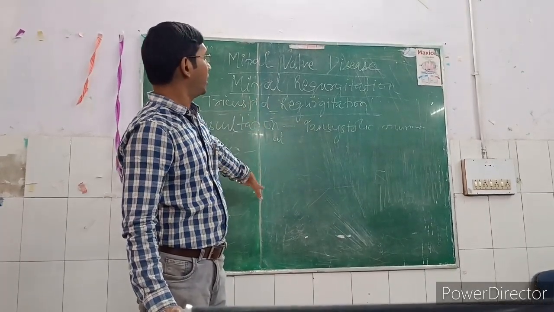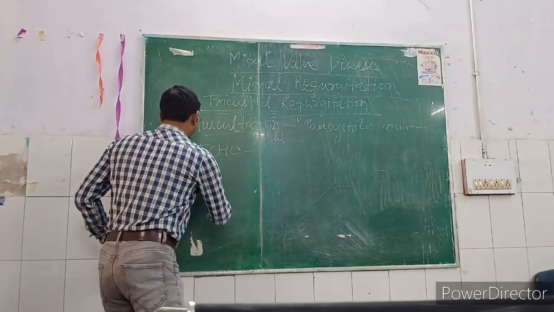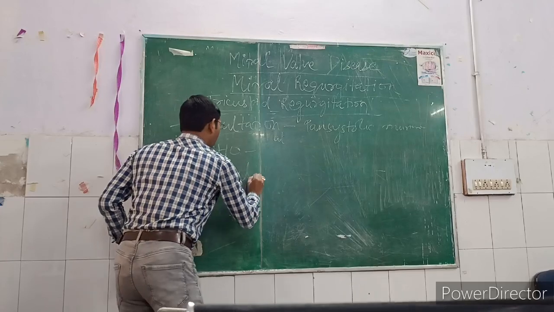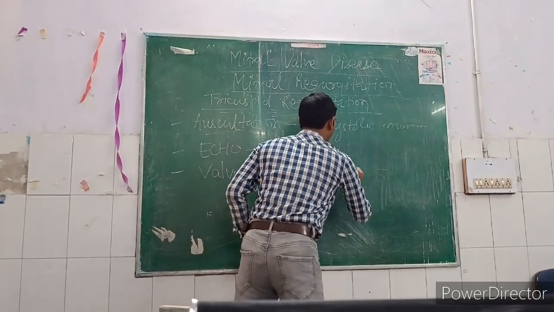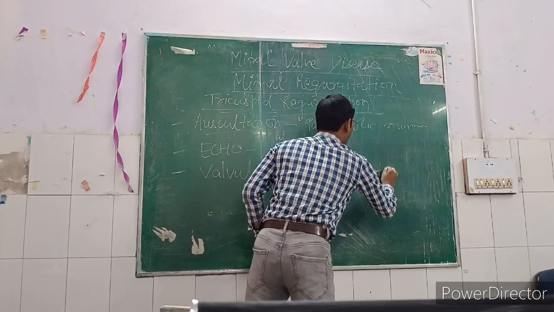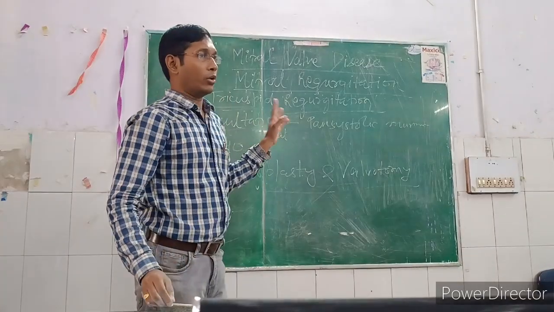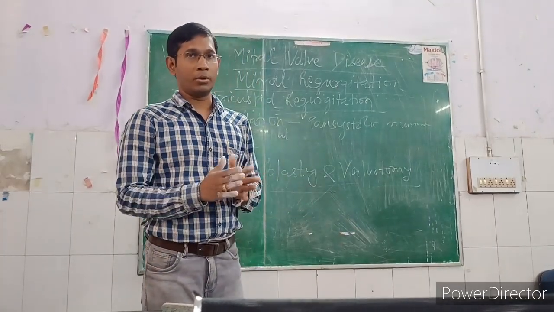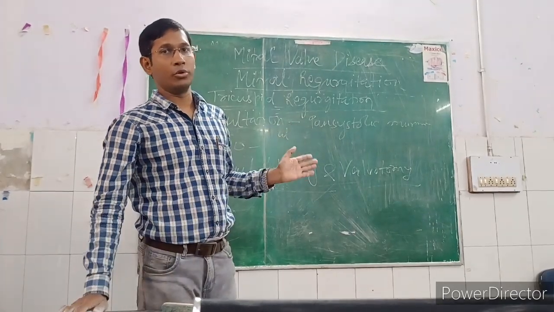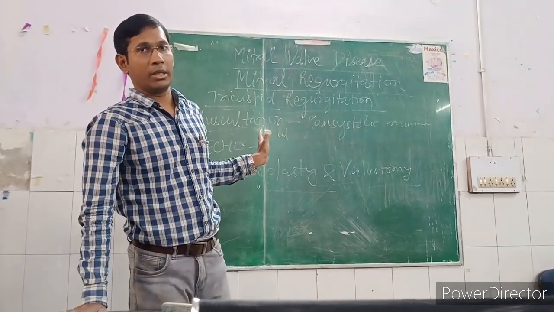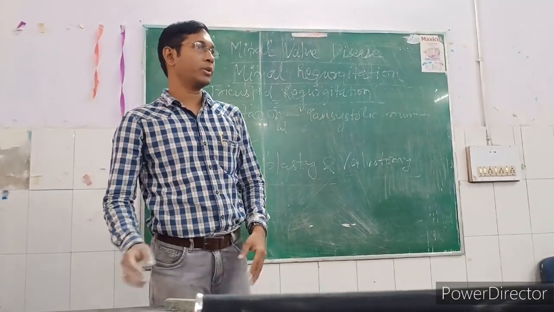And when it is structural, the treatment is the same: valvuloplasty and valvotomy, and that is done simultaneously with the mitral or aortic valve disease, the predominant lesion with which it is usually associated, because isolated TR and TS are rare. So this was all about